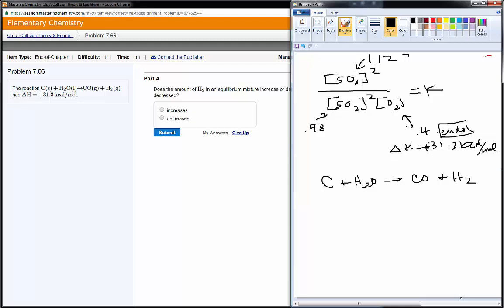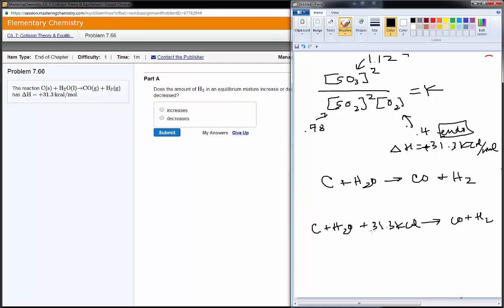So heat is like a reactant. I could say carbon plus water plus 31.3 kcals of heat will produce carbon monoxide and H2. So I could just put that right into the reaction itself, because that's essentially what this is saying. I could either say I have this reaction and this is the amount of heat that's involved, or I could say in this reaction I absorb this amount of heat in order to make those products. It's the same thing. But if I put it inside of the reaction like so, then it helps me see how the equilibrium could change if I add or remove heat, because I could treat it just like any one